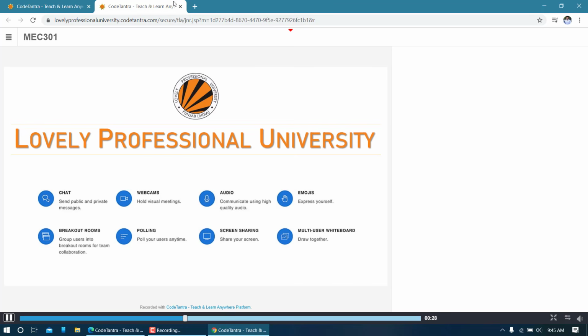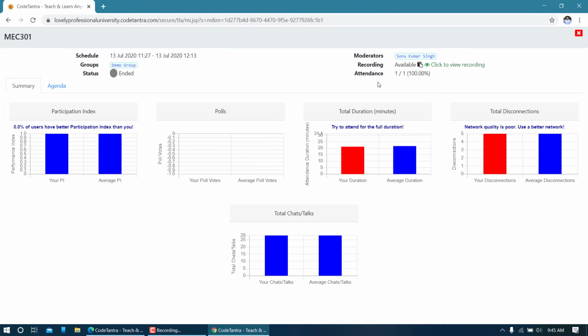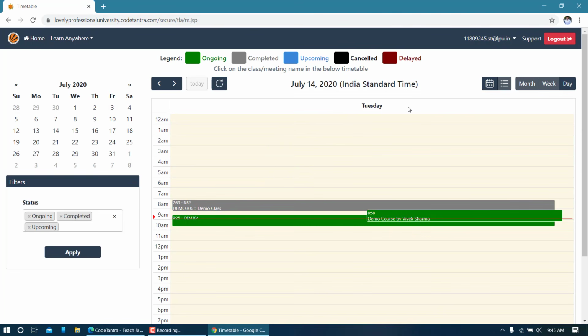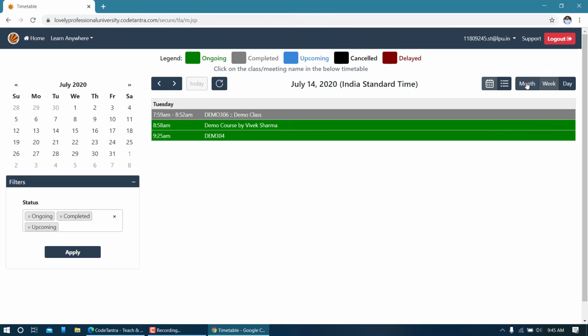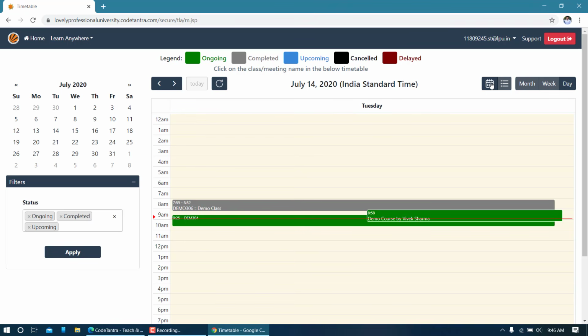Once you are done viewing this, you can always click on this cross button and close this. So this is how you join a class, and these are some tools to view your calendar differently. You can play with it to see how they look and which format you like better, and depending upon your liking you can set this calendar view. So that's all in this video. In the next video I'll explain how to interact with the teacher, what the different ways are, and what you should follow.